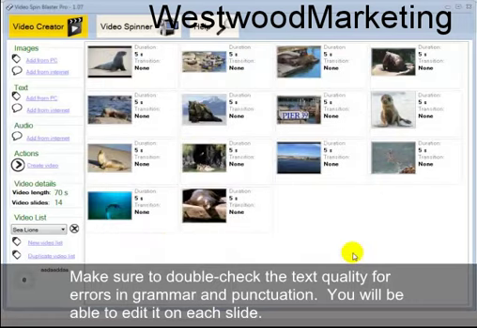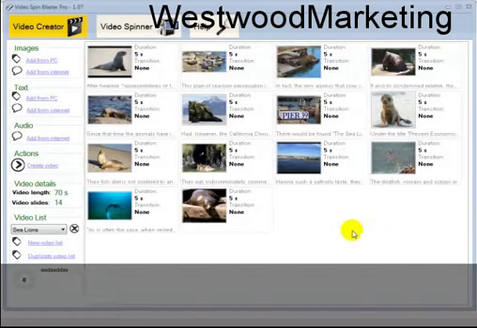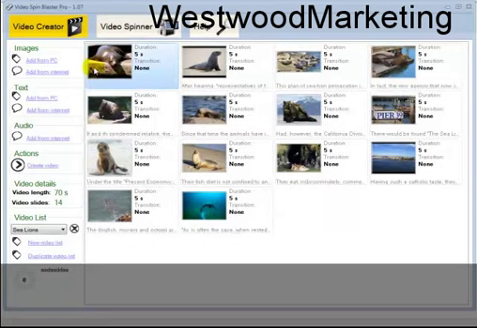Now I'm going to save that. I'm going to click on that, and you can see that now every field basically is set up. And I think what I'll do is I'll move this video. You can see that you can move these images. Since there was no text set up, I'll use that as my opening image. And now what I'm going to do is